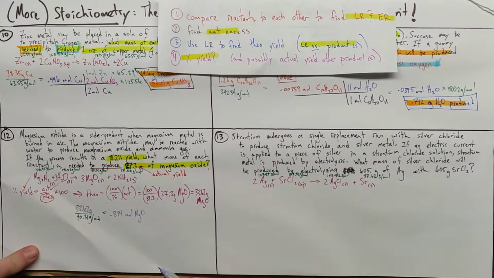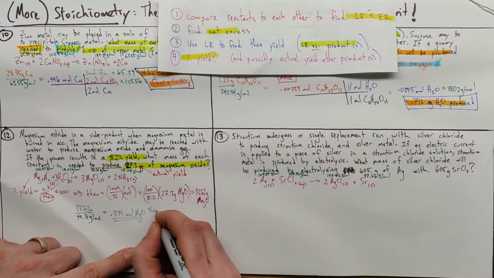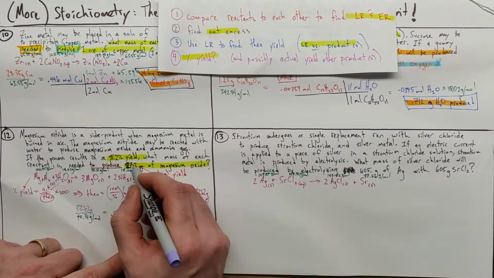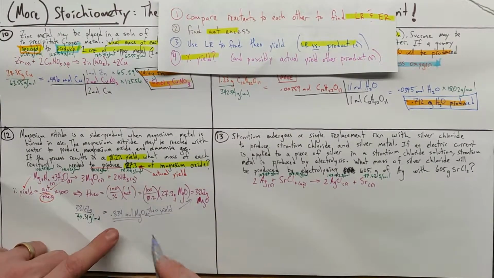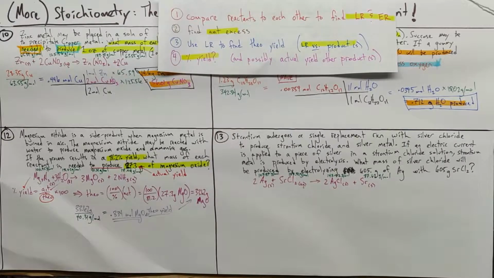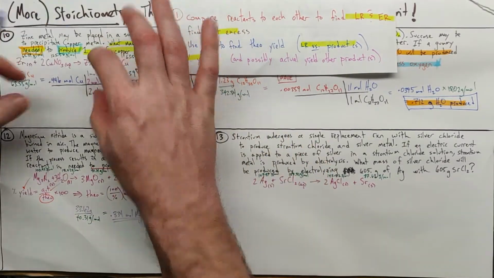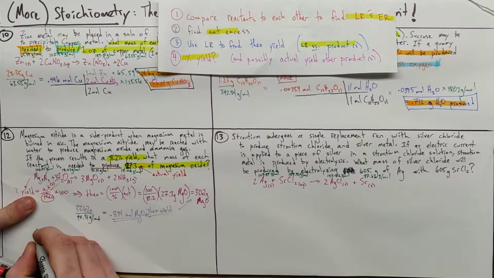And I should have moved this over a little better, but this right here is our theoretical yield based on our actual yield and our percent yield. This is it in grams, this is it in moles. And we need moles because that's what our balanced chemical equation gives us. This little step was the only new thing. The rest of it is identical to this, and we'll start with our 0.834 moles,